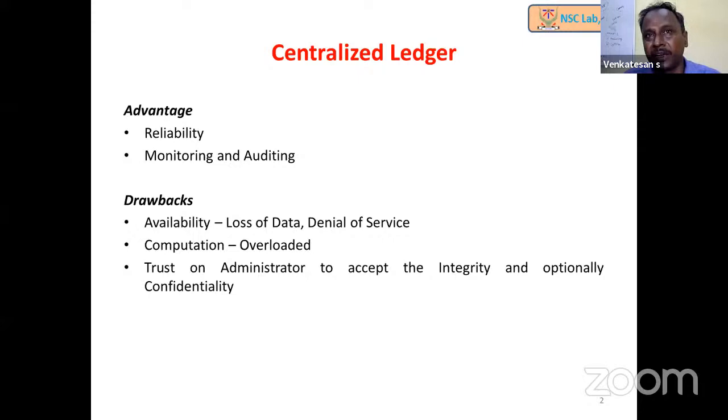In many organizations, we still have the centralized ledger concept. Let's consider the ledger as the database. It may be an RDBMS, or NoSQL, or whatever the storage may be. If we have centralized storage, there will be an administrator. It may be an individual person, a set of persons, or the organization which maintains it. For example, we can see the banks. Many banks are still using the centralized ledger facility because it provides certain advantages.